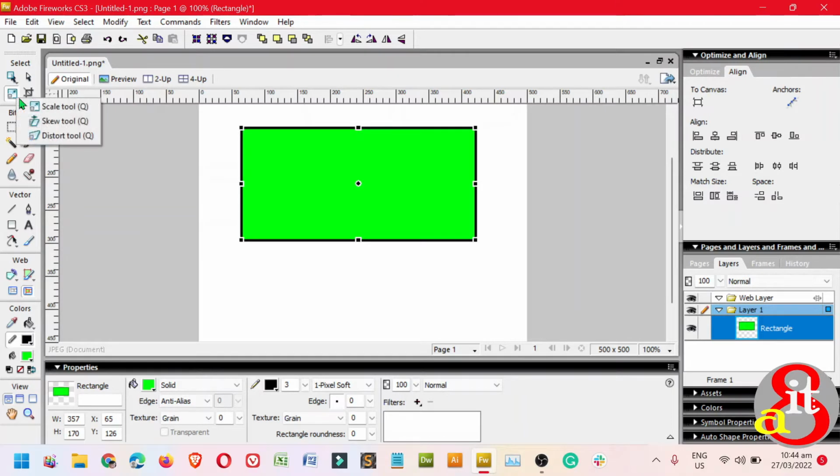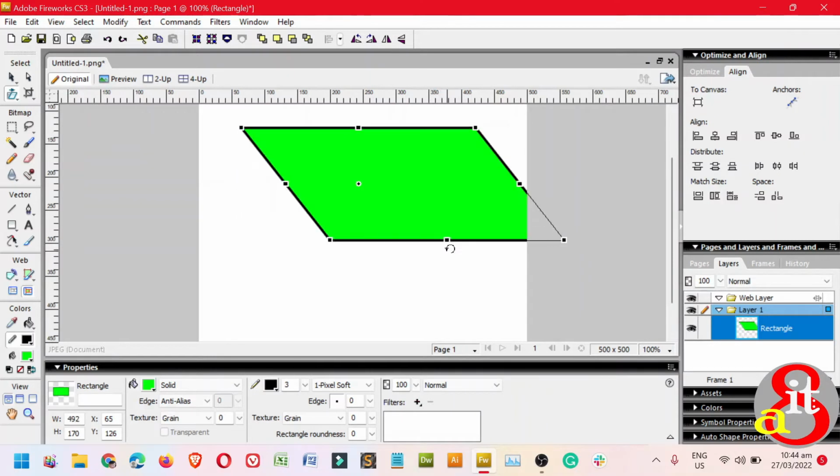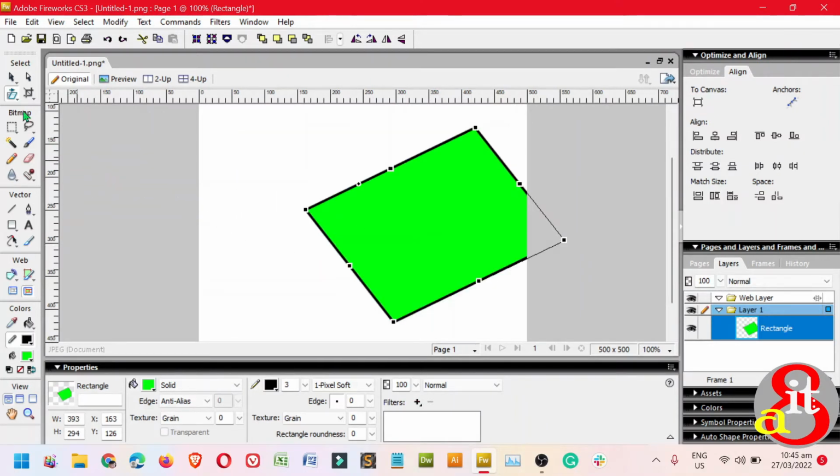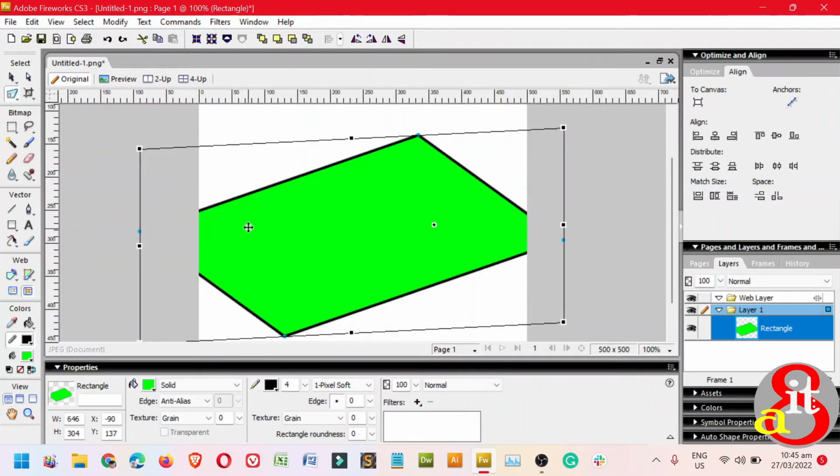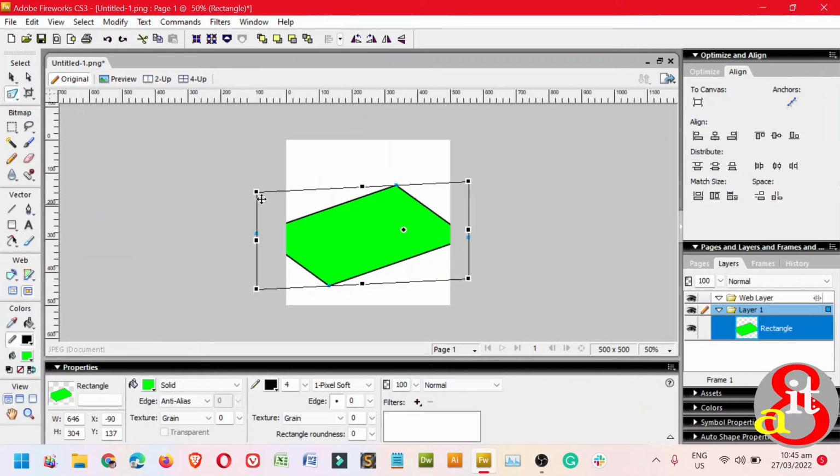So next we can use the skew, the next tool from the scale. We can use this one if you want to bend a specific object. Okay, so we can also use the other one, the distort, and then clicking the object will create a different appearance for the object. So pressing Ctrl minus to zoom out,